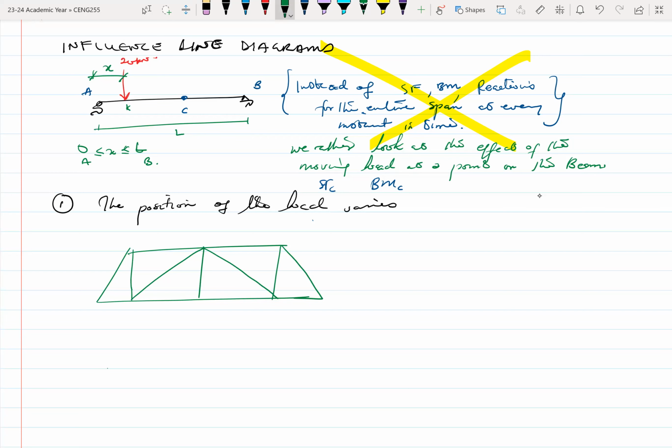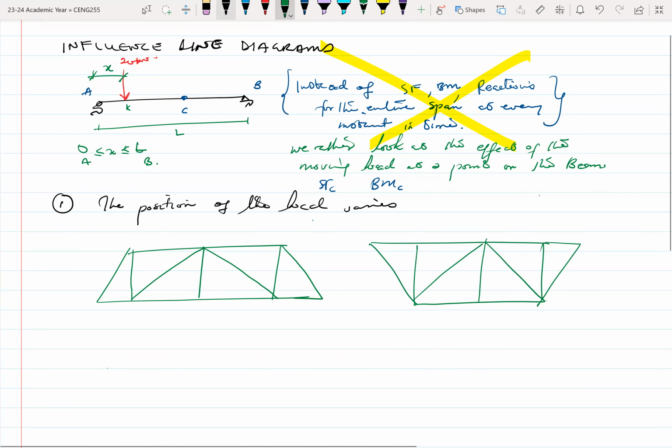All right. And there are two options, depending on how the structure is designed. You could have two cases where the load is traveling. So the position of the load varies. That is one. Two,